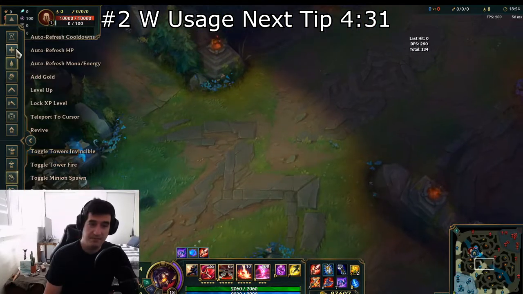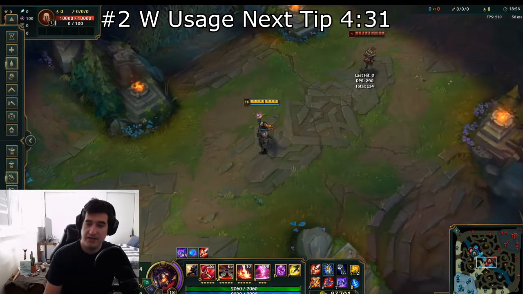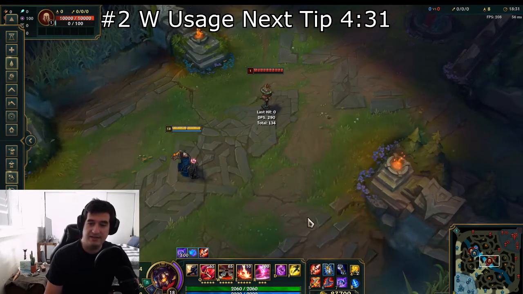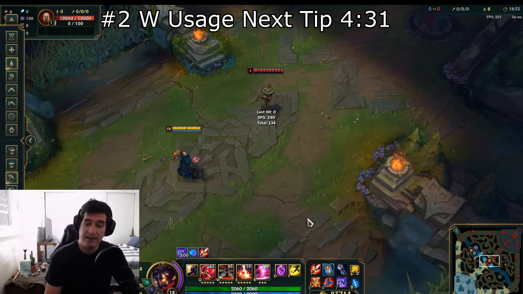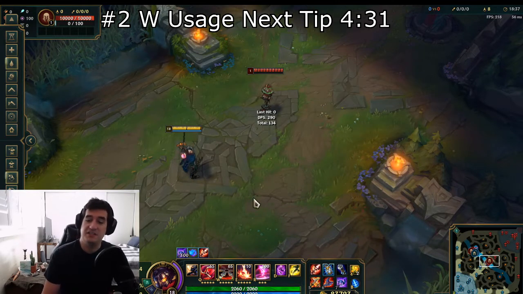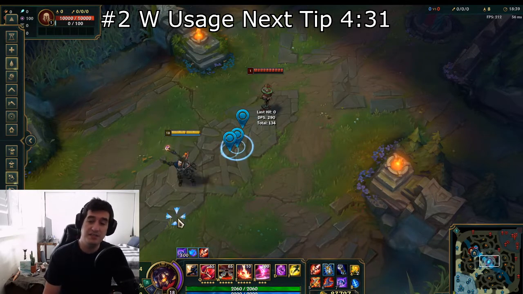Alright, and getting into tip number 2, I want to talk a little bit about the W and how you can utilize people's play patterns against them. So when you are laning, and say you're in the mid lane and you are playing against a champion like LeBlanc or like Zed or like Talon or Fizz that are constantly moving forward and looking to trade with you,